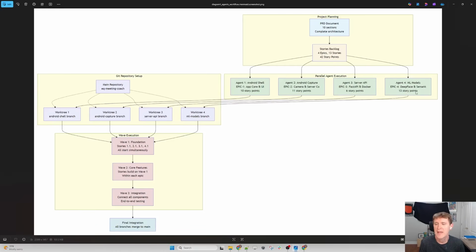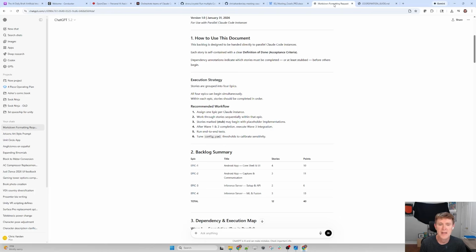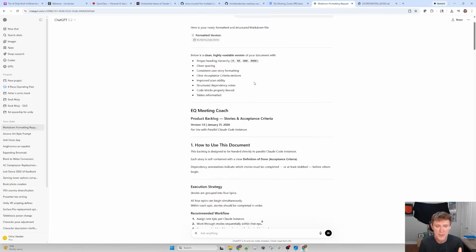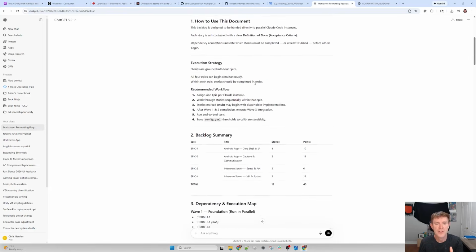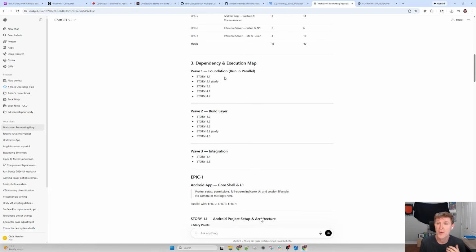Here's the server here, which is a Docker container. And then inside the Docker container it's actually accessing 2 machine learning models, one for the face and one for the voice. And with that in mind, it wrote this nice PRD, and it also broke down into another document these stories and how the team should work together. So here's a backlog with all the epics. Here's all the stories, and they are broken into waves 1, 2, and 3.